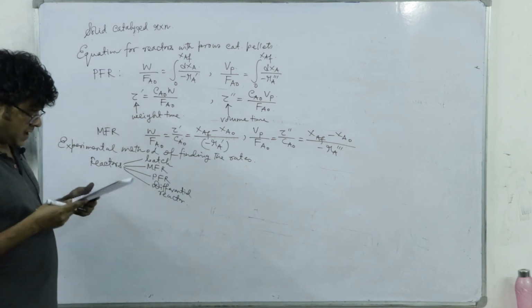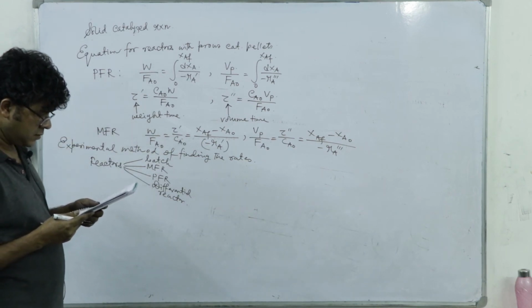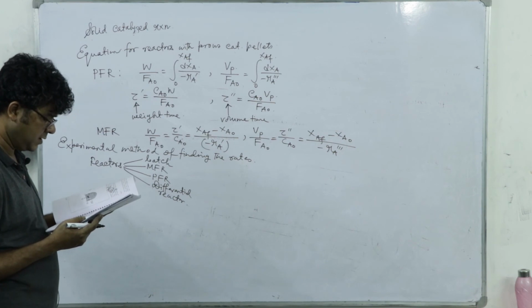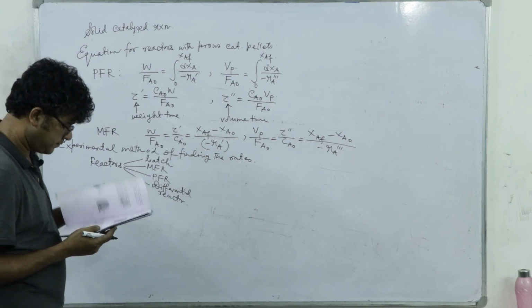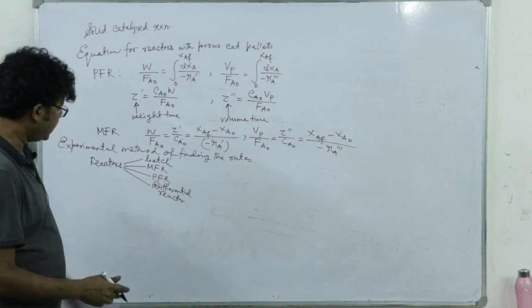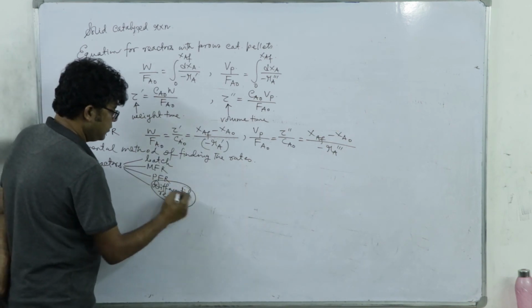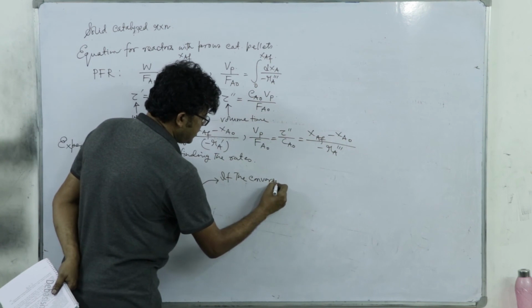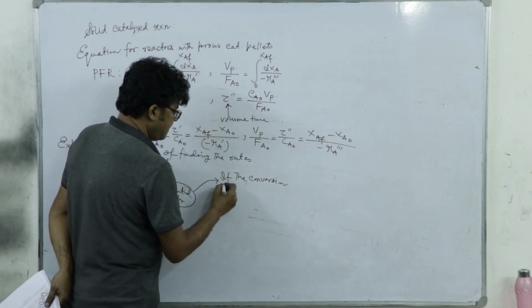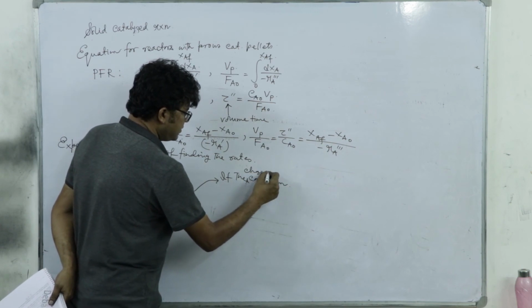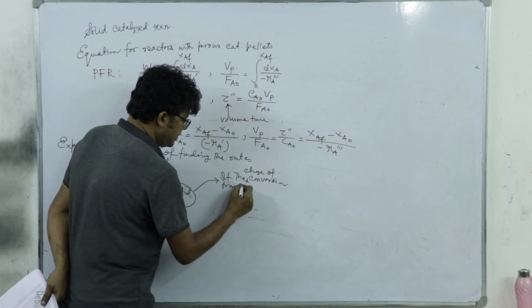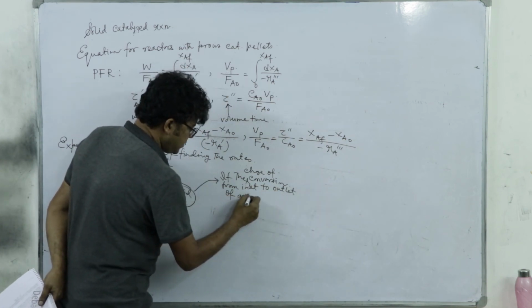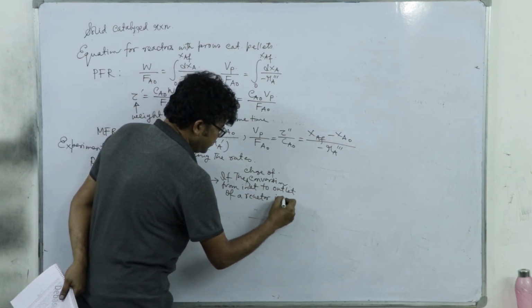Right. Now, for batch, we can write the equation very similar to the plug flow reactor basically. Now, question is, what is the differential reactor? This is a new issue. If the conversion, or rather the change of conversion from inlet to outlet of a reactor is very small,